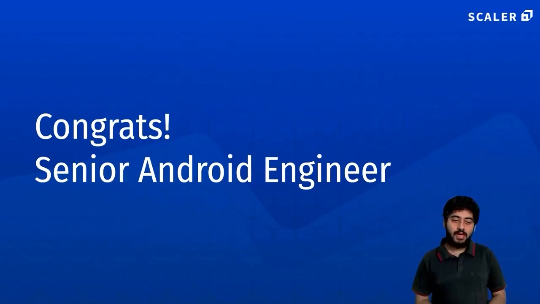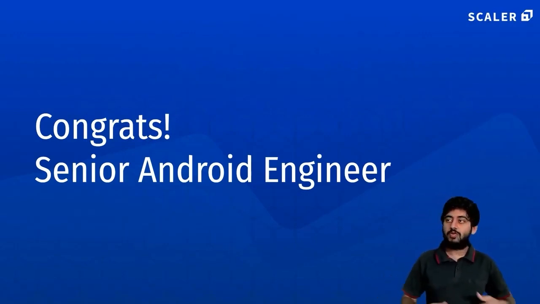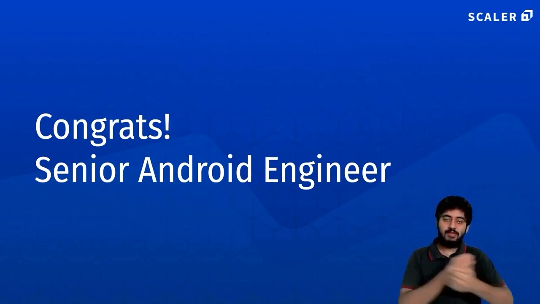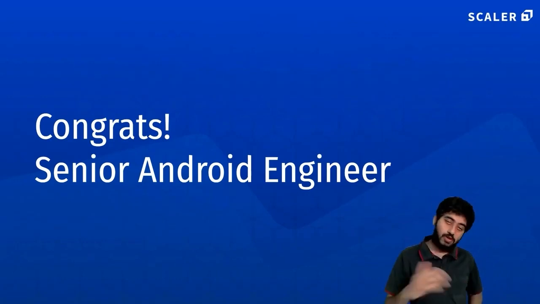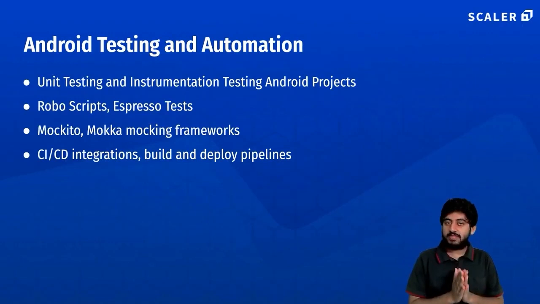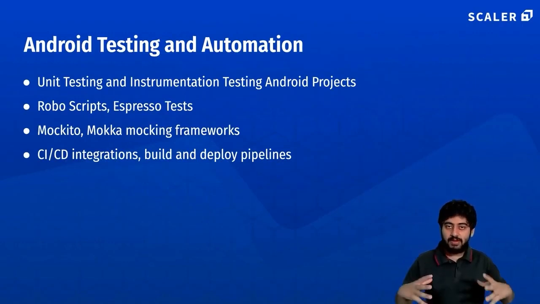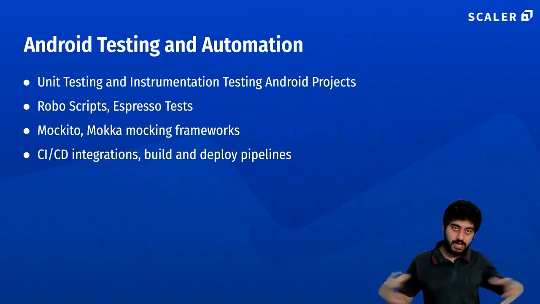Okay. Now that we understood till here, what is it that you need to push you to that final level, where you could be an Android architect or Android team lead? Okay, let's talk about those things. So here, at a team level, you're not just writing code, but you're setting up culture for the team. You're setting up the way the team works. You're setting up the workflow for the entire team as well.